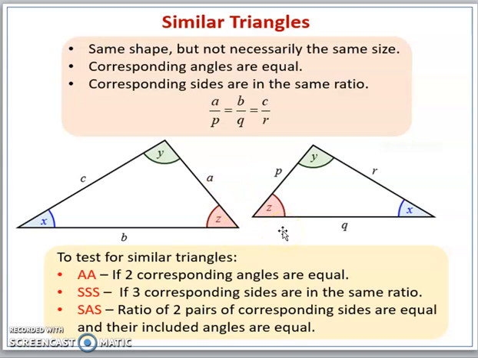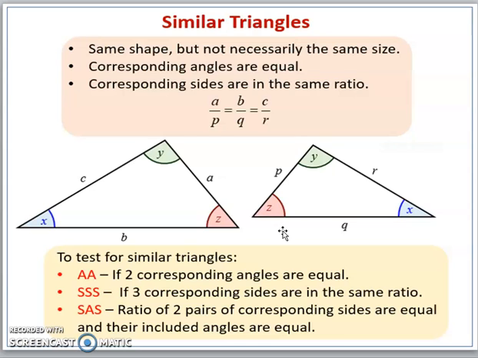Now for congruency, all three angles should be equal and all three sides should be equal. That means exactly the triangles should match with each other in angle and size. All six parts are equal. When you have to prove the triangles congruent, you don't need to prove all six parts equal. You follow some criteria. Either you go for SSS criteria, only prove the three sides equal, then the triangles will be congruent. Or you can use SAS criteria, that is two sides and one angle you can prove equal. Or you can go for ASA criteria. So like that you go for certain criteria based on what is given to you.